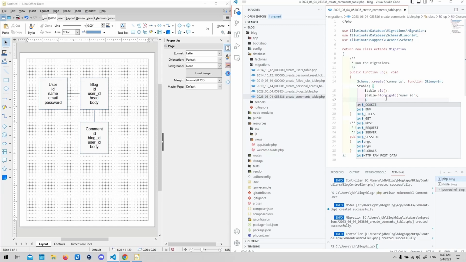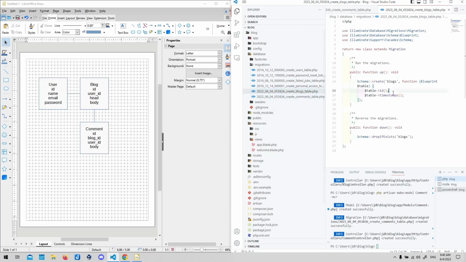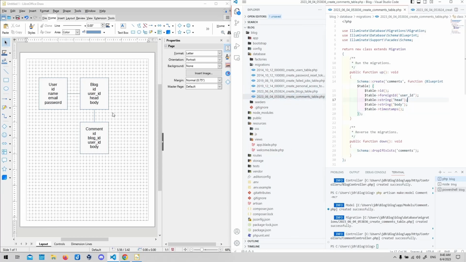So the next step we'll say table, and we'll just say string, we'll call it head, and the next one we'll say string, and we'll call it body. And we'll go on to the, is this the right one? No, this is comments. So we've got to be very careful we don't mess up here. So we can copy that and we can stick that in here, and then we can go to the comments,